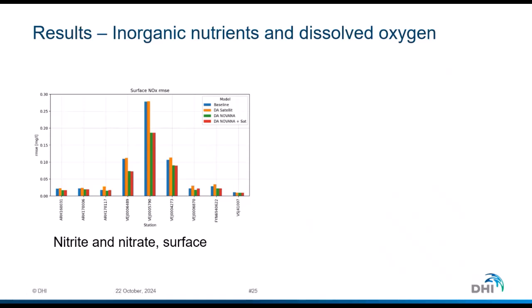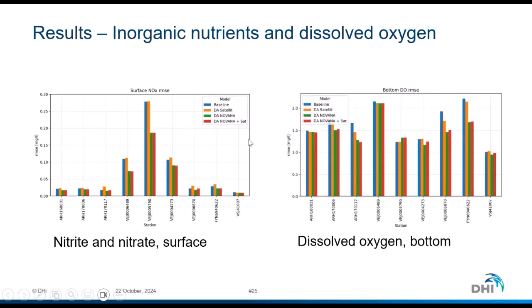We also look at other model parameters when we evaluate the effect of the data assimilation. We have also been assimilating inorganic nutrients. So here we look at the reduction of the root mean square error of nitrate in the surface as an example. And we see that we overall get a small decrease in the root mean square error going from baseline towards the combined data assimilation, not for all stations, but overall.